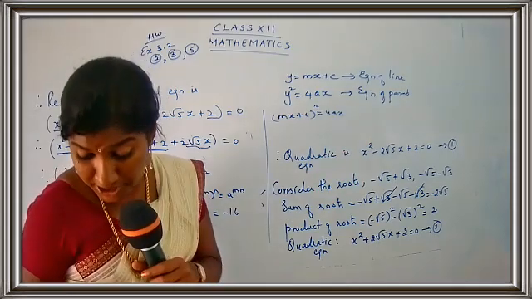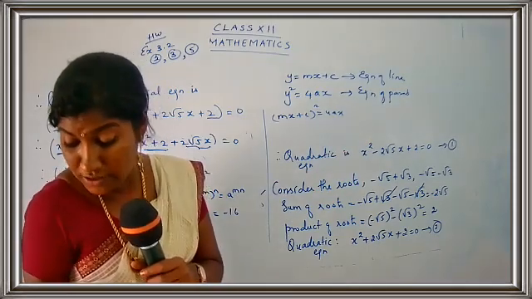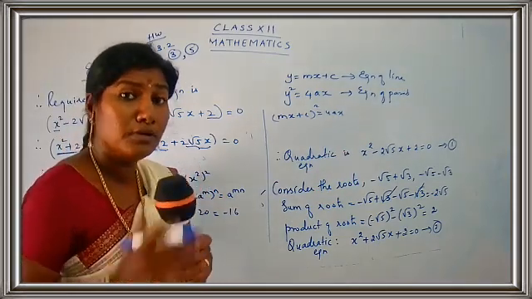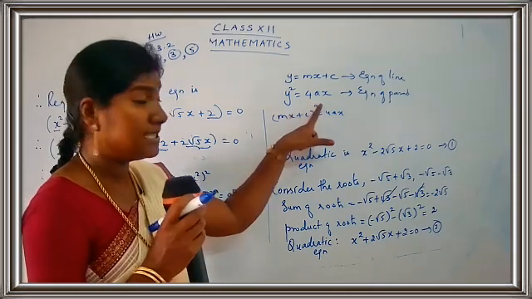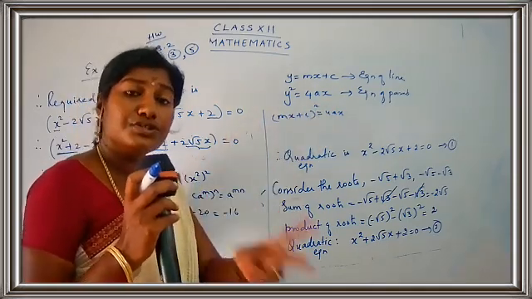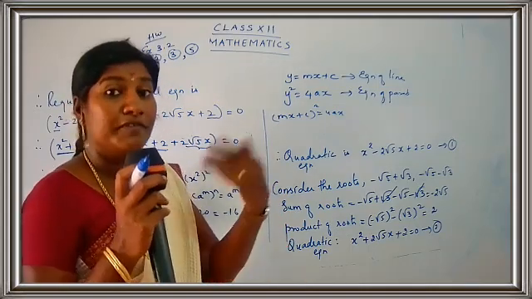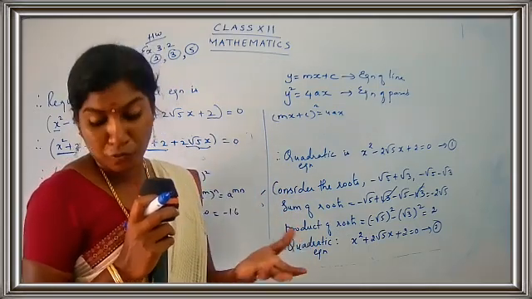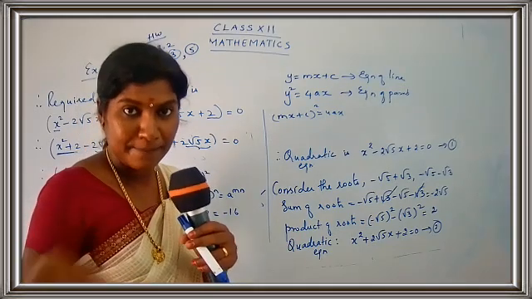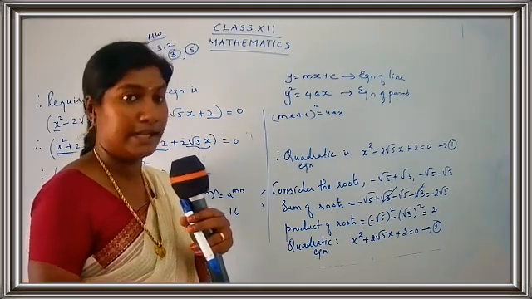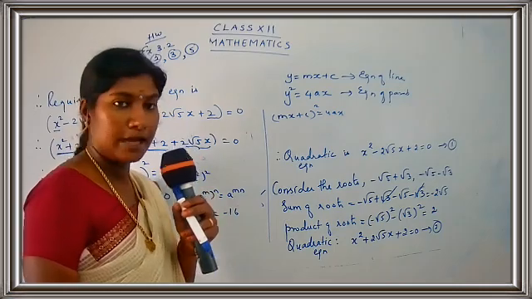And what is the question they're saying? It is not intersecting at more than 2 points. More than 2 points means you will get the highest degree as 2. If the highest degree is 2, that means you'll be having only 2 points of intersection. So it will be not intersecting at more than 2 points. You can use the statements from the solved example for writing your final answers. Okay, children, are you getting the point?